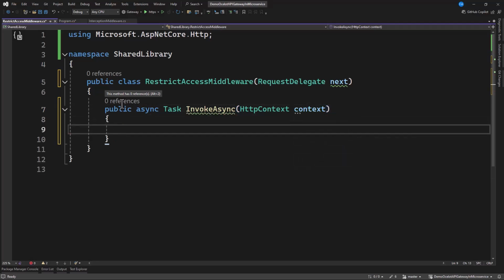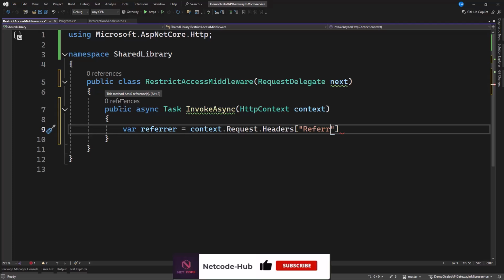Okay, so the next thing that we're going to do here is quite simple. Let's get the referrer. So referrer equal to, then we can extract this from the context, then Request.Headers. And in case this request was issued by the gateway, it will definitely have a referrer.